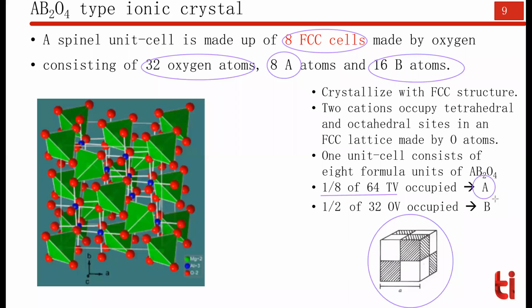But the moment it occupies position 1, meaning the first tetrahedral void, then in the neighboring subunit cell, it will occupy the second position. In the third one, it will occupy the third one. In the fourth, the fourth one. In the fifth, the fifth one. In the sixth, the sixth one. In the seventh, only the seventh site will be occupied, and in the eighth subunit cell, the eighth site will be occupied. The remaining sites will remain vacant in each of the subunits.